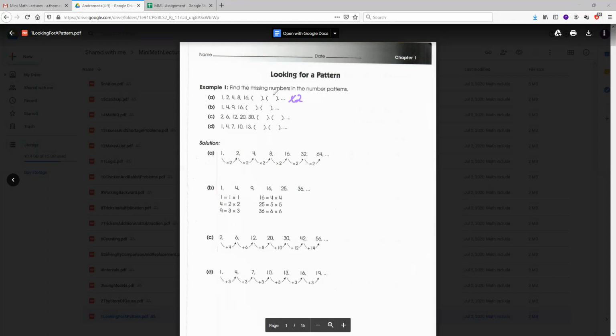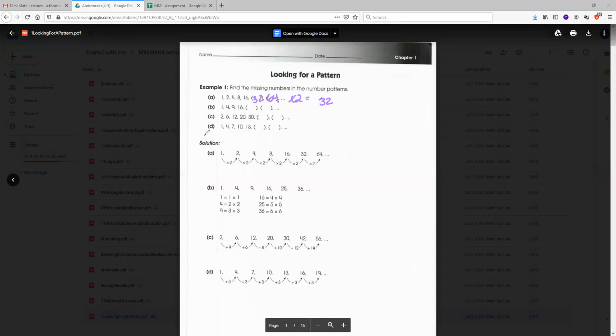So this means the next two numbers are probably going to be the product of 16 times 2, and then the last number is going to be the product of whatever 16 times 2 is, times 2. So 16 times 2 is 32, so that means 32 goes in this blank, and then 32 times 2 is 64. That means 64 goes in this blank. 32 and 64 is what we're assuming to be the missing numbers,